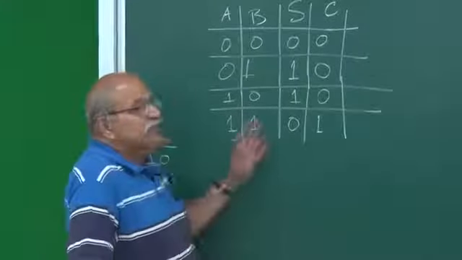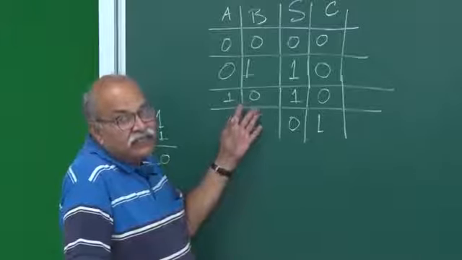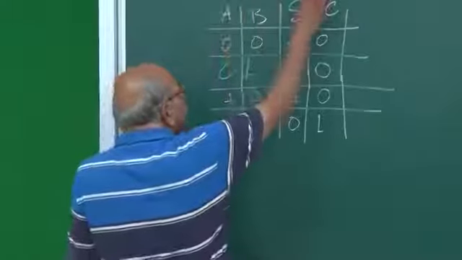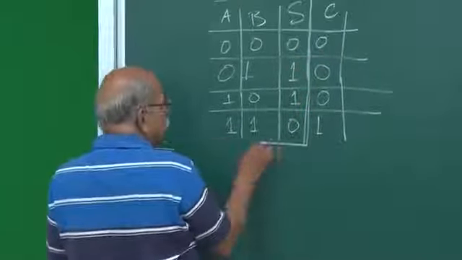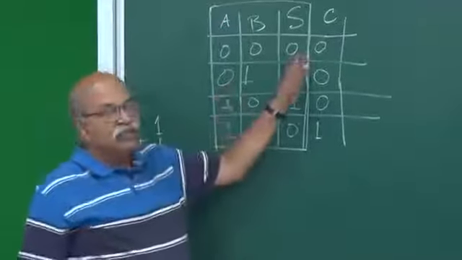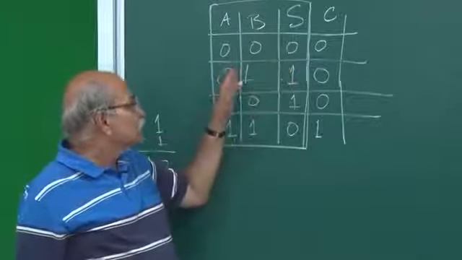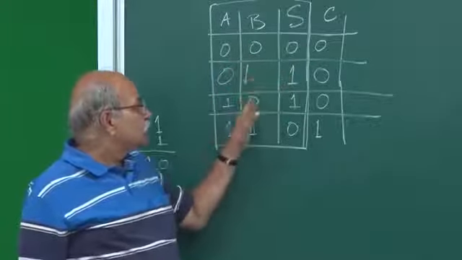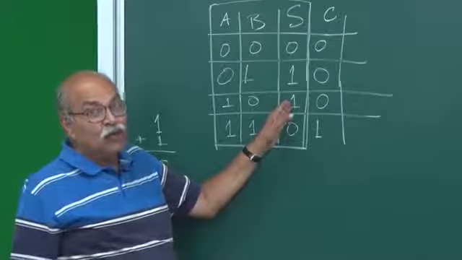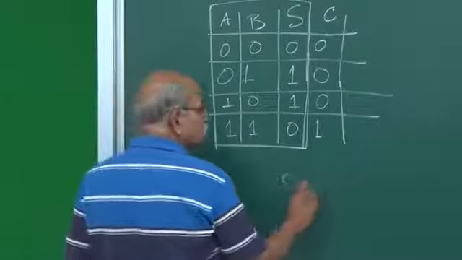Now, how to implement that? How to get a digital circuit which can do this? If you look at this part only, two inputs and one output, and the truth table is 0 0 gives you 0, 0 1 gives you 1, 1 0 gives you 1. Up to here it looks like an OR gate, right. In OR gate the truth table was